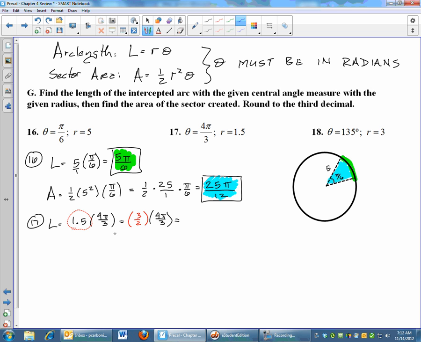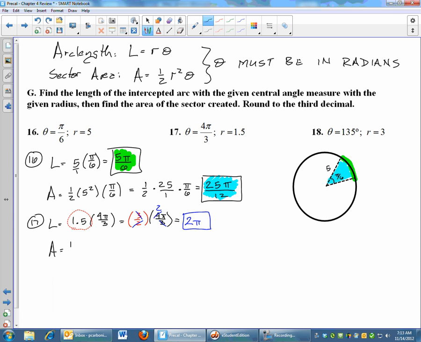Ooh, this is sexy. Look. Now let's see. 2 goes into 4 twice. The 3's cancel completely. And I'm simply left with 2 pi for the arc length. So I have an arc length of 2 pi. And then the sector area